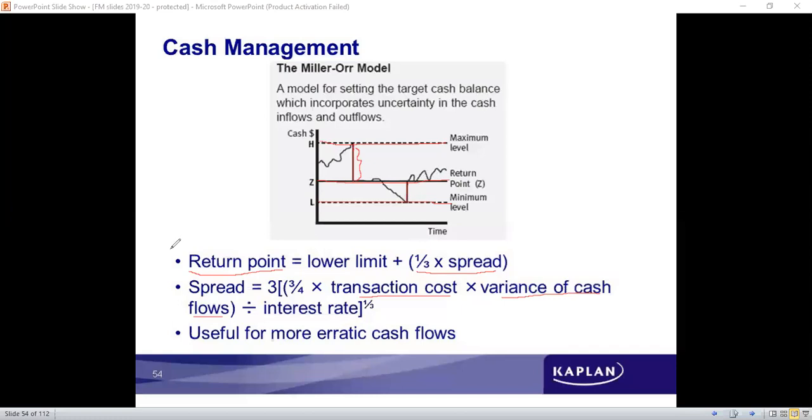Okay. By way of a formula, the return point is given by these variables. The formula is given, we substitute these variables in the formula and understand what the return point is. So the logic says that when the cash balances are fluctuating, when they are rising, to curtail too much of a rise in the cash balances, the amounts which are available are deposited and immediately the cash balance is brought down to the return point. Maybe a deposit is taken up, the amounts are deposited. Usually we see that into marketable securities,